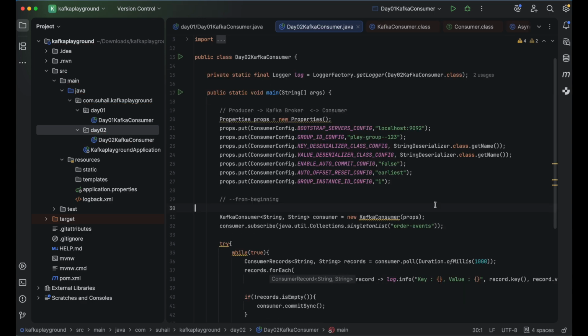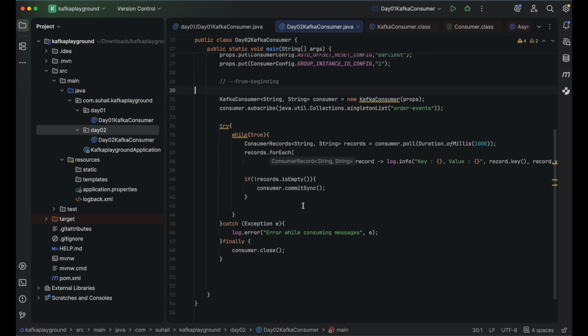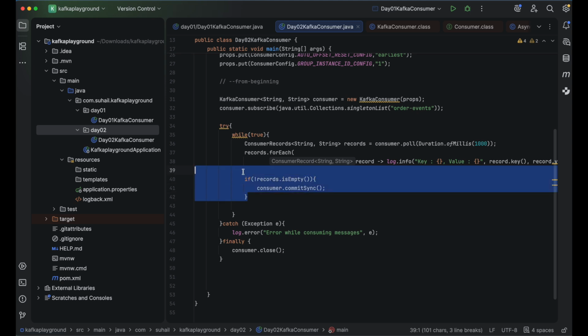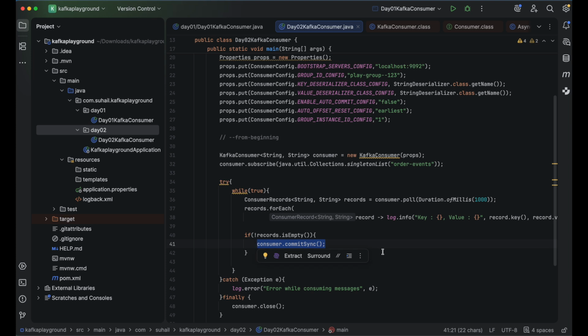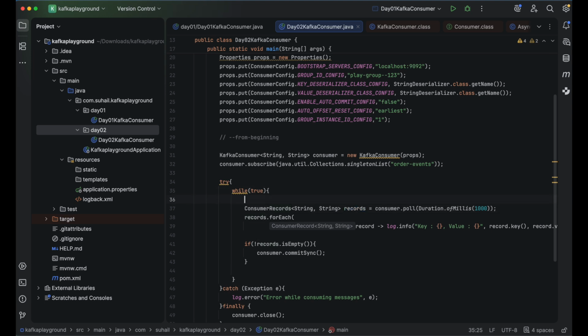Now in the last video we saw how the consumer was committing the offsets. It was committing the offsets via this statement. With this statement, the consumer is basically acknowledging to the broker that okay, I have processed this many messages. But in this method we are not passing anything, we are not passing any message. So what does it acknowledge? It simply means acknowledge the last message. For example, in the diagram we have seen,